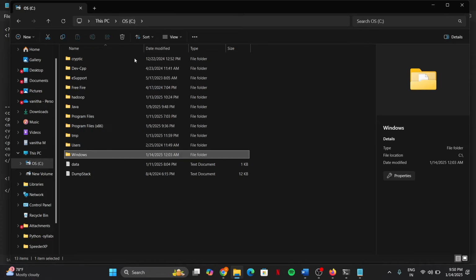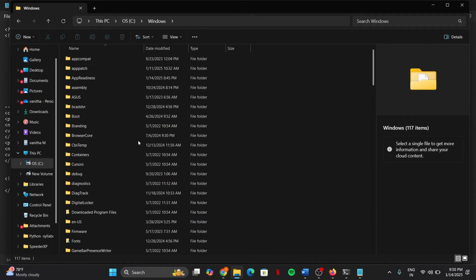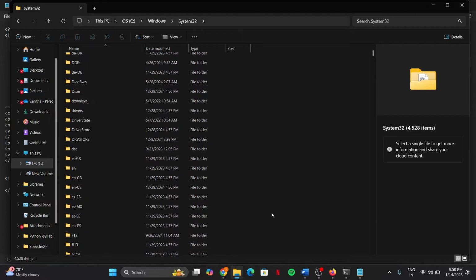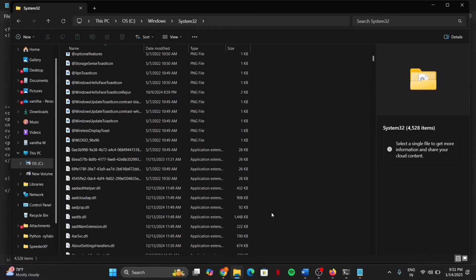Go to C drive, go to Windows, go to System32 folder. In the System32 folder, there is your